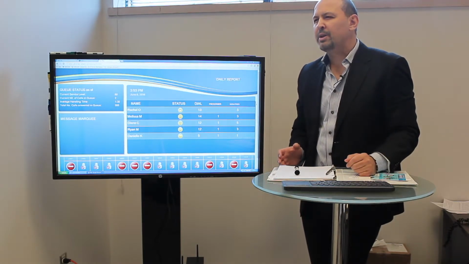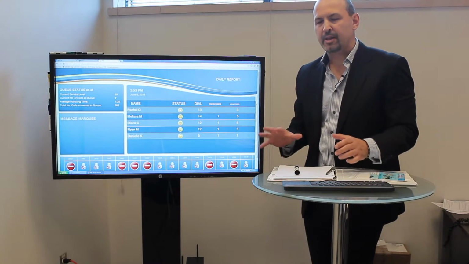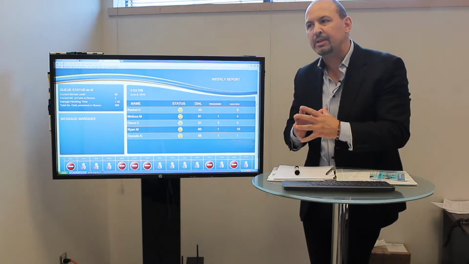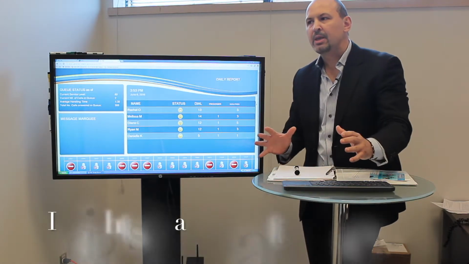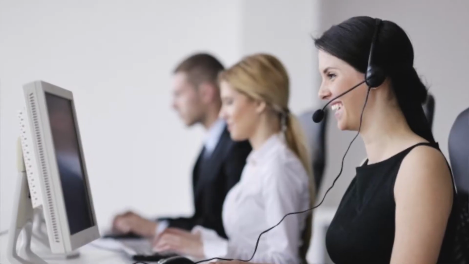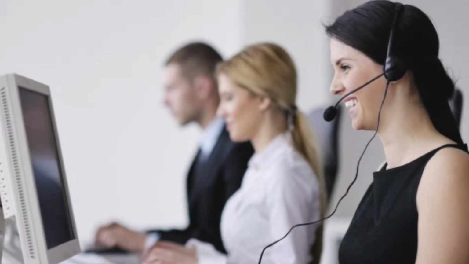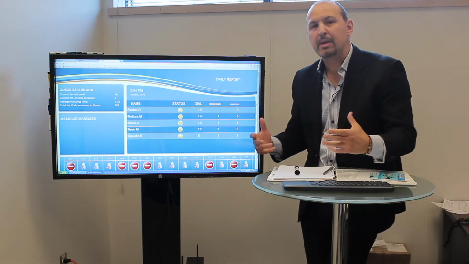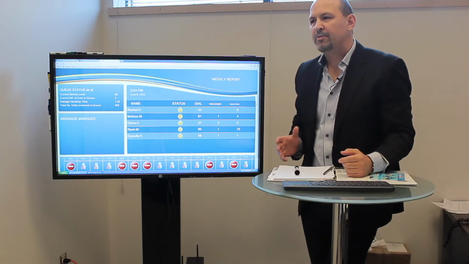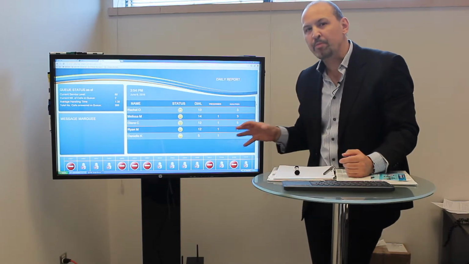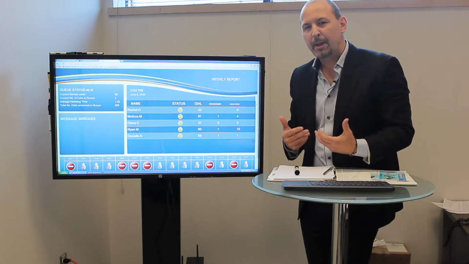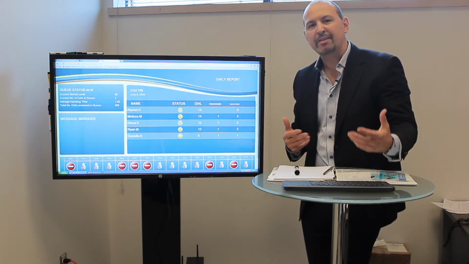I think the client said it best, and their overall goal was to provide insights to the team. Insights that were actionable. If they needed to roll up their sleeves, if they were behind and needed to catch up, start dialing faster, start making more calls, and also just get a sense of where the whole team was. I think that was brilliant. I think the more brilliant thing is getting data to have emotion. Certainly something I never thought of, but also, as a data practitioner,